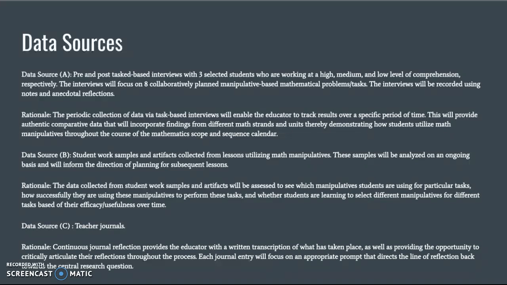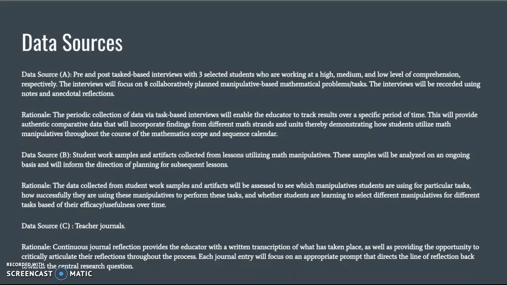And finally, I'll be using teacher journals. The reason is because the continuous journal reflection provides the educator with a written transcription of what has taken place, as well as providing the opportunity to critically articulate the reflections throughout the process. Each journal entry will focus on an appropriate prompt that directs the line of reflection back towards